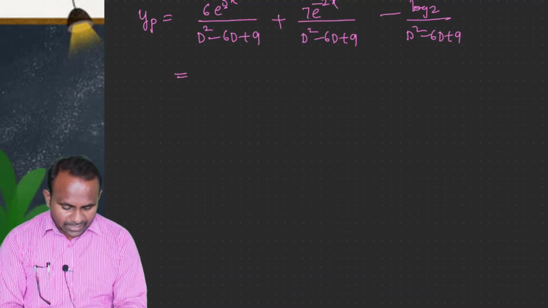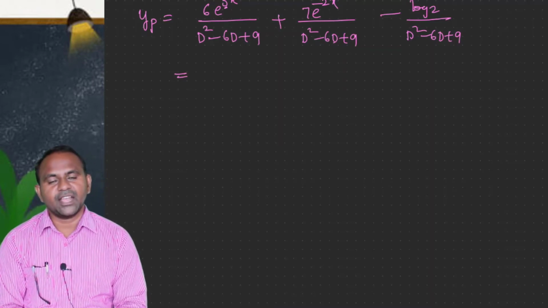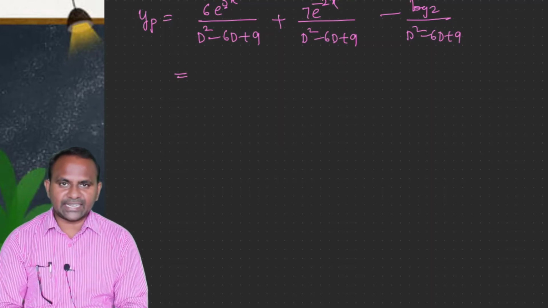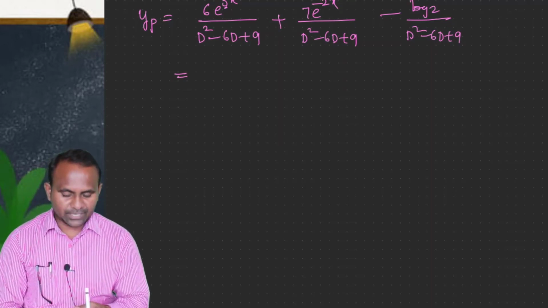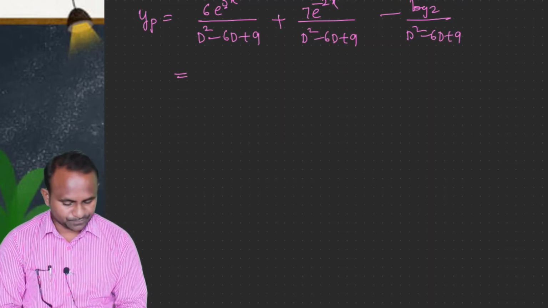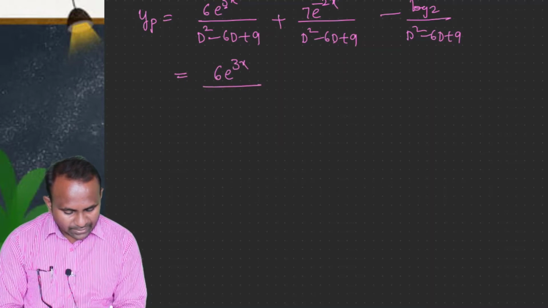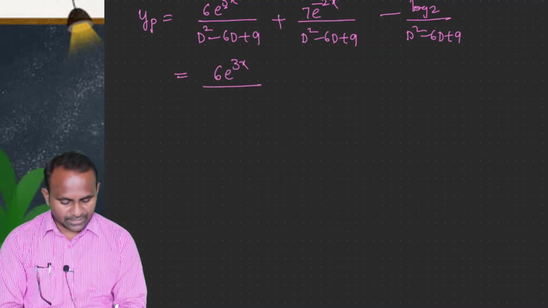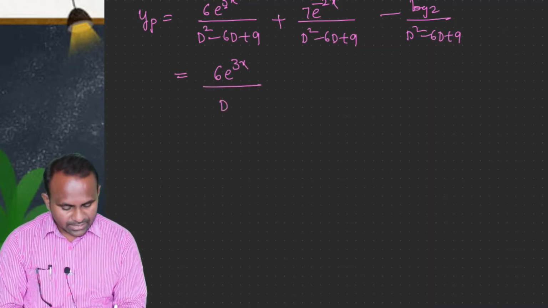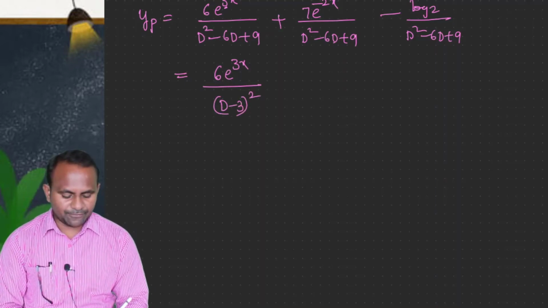But if you write 3 in place of D, 3 squared minus 6 into 3, 9 minus 18, minus 9 plus 9 cancels, it will become 0. Why? Because 3 is a root. While finding the complementary function, we have seen the roots are 3 and 3. 3 is a root, that is why it is becoming 0. So what do we do? Since it is the failed case, you write the factors of the denominator f(D), that is (D minus 3) whole squared, because the roots are already known, which are 3 and 3. We can write the factorization in this way.